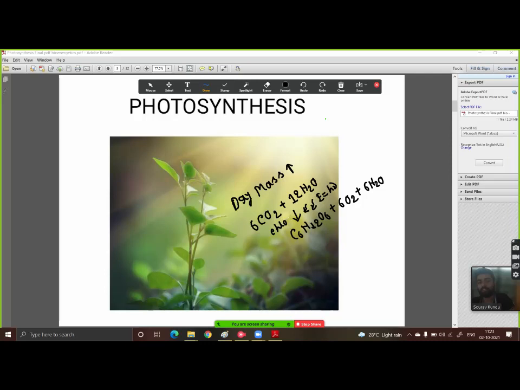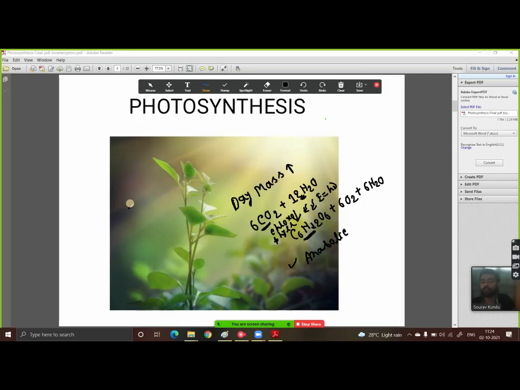In the plant cell, there is chlorophyll, C-H-L-O-R-O-P-H-Y-L-L. This chlorophyll molecule helps in the transformation of solar energy into chemical energy. We will go in detail into what photosynthesis is and how it works. With respect to your exam syllabus, photosynthesis is an anabolic process, meaning the dry weight is increased. Here we take carbon dioxide and water from outside sources, and inside the plant cell